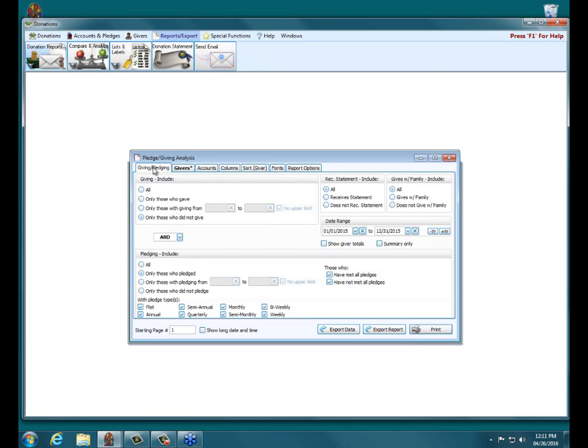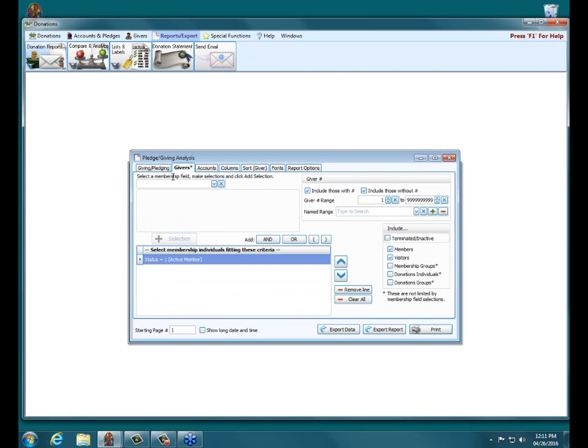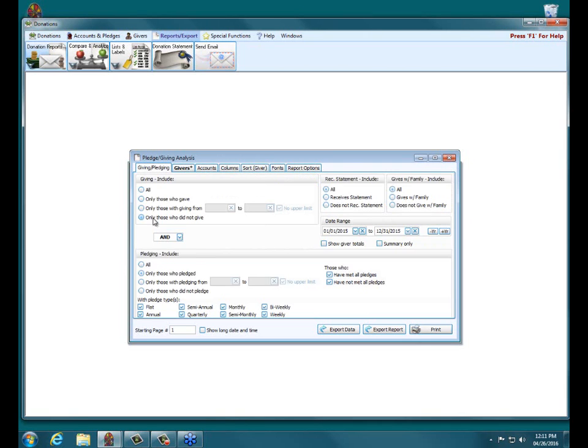So here again, only those who did not give and only those who pledged. So basically a list of all of my active members under status, active members who have pledged but have not given through March 31st. We're wanting to see if there's some reason why those folks haven't given towards their pledge for the first quarter or something. I don't know what the reasoning would be behind it, but this is the type of output